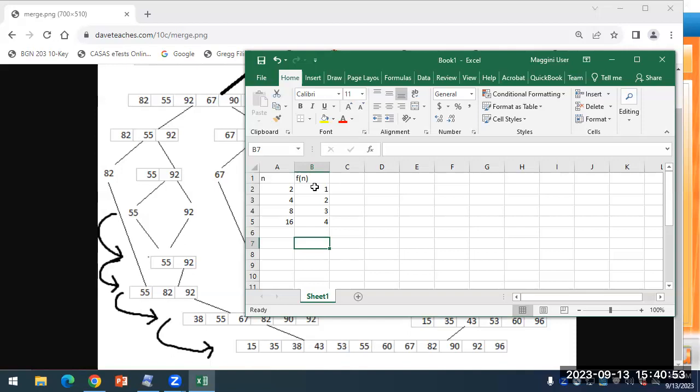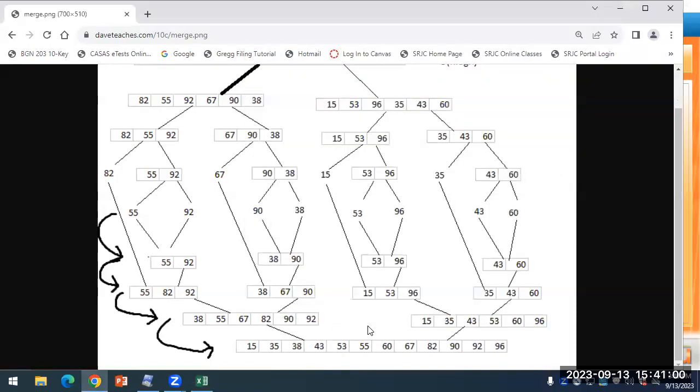Okay, so back to our diagram. We know that each time we merge, it's n. We know that how many times are we going to merge? Log of n. So the total process is going to take